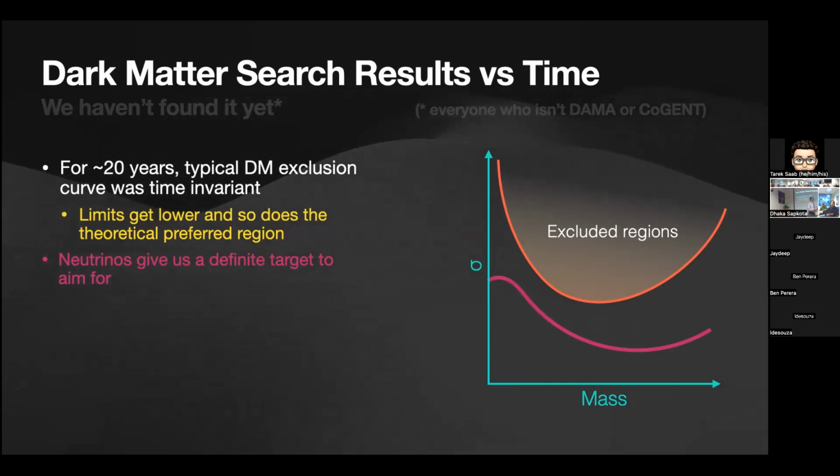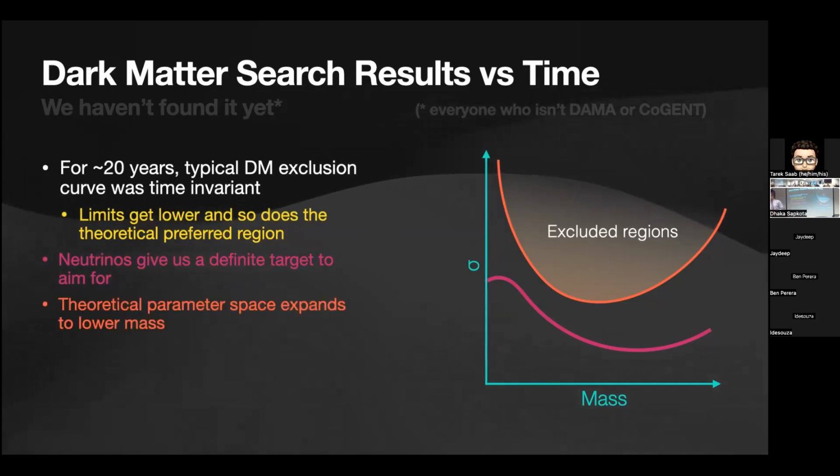So it's not really a hard limit, but it just makes your ability to search deeper, for more rare interactions, much more challenging. Because most background we know how to mitigate. Not saying it's easy, but at least there's a known path. Neutrinos, you have to live with them. There's no way to get rid of them.